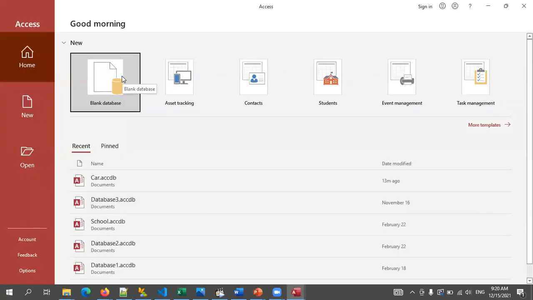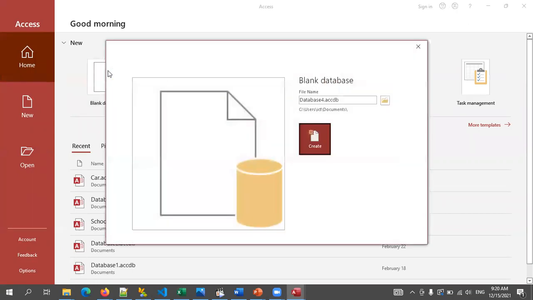Right. When you open Microsoft Access, this is the first interface. Here you have to select blank database because we are going to create a blank database. Then this window is very important. Here we must select where we're going to save our database. In the exam, you will be given a separate location to save, a drive. So you have to select that drive and save your database with the given name.